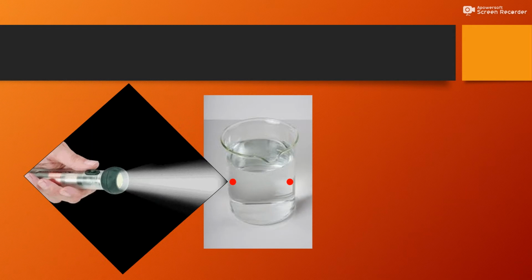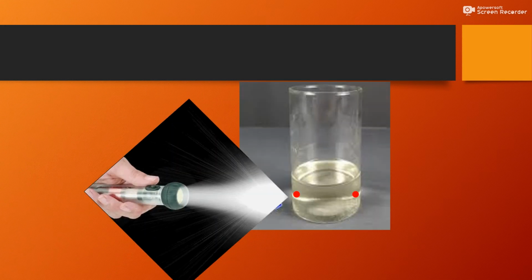Now, through the first beaker, if we shine a torch, we will not be able to see a light beam passing through the beaker. But we will see it as it emerges unchanged from the other side. Now we will shine a torch through the second beaker, which contains a sugar solution. Here also we will not be able to see a light beam which passes through it.